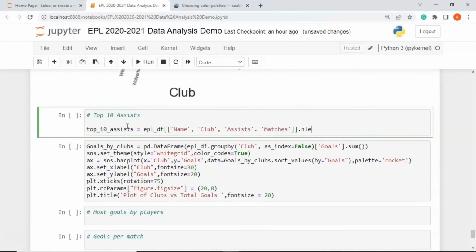And I'm going to use the n largest function to find the top 10 players. So I'll say n equal to 10